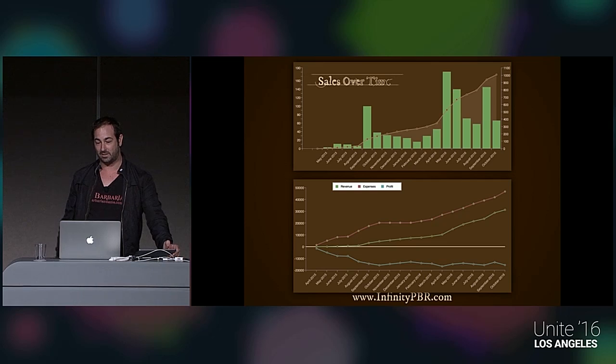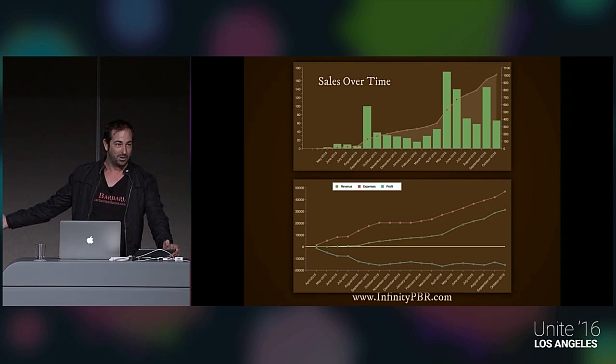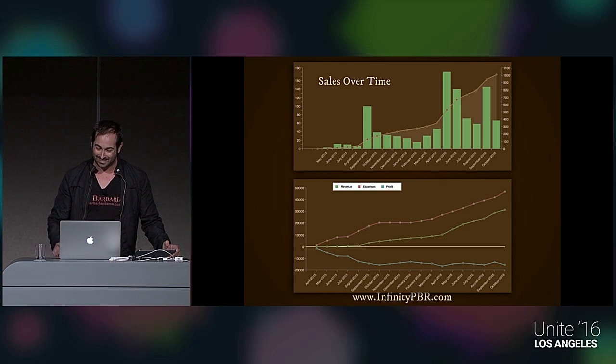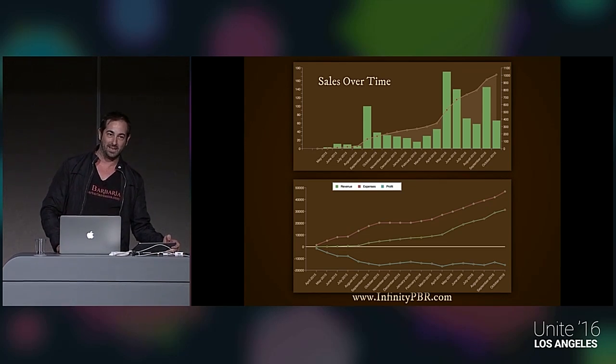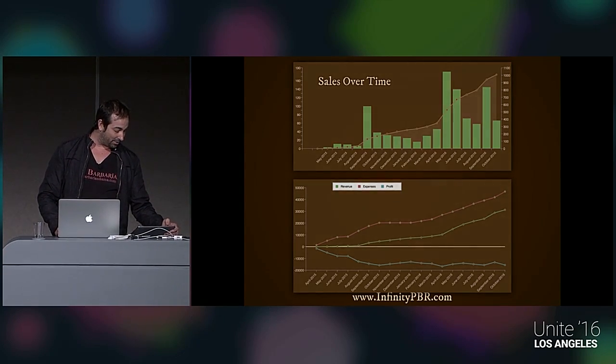That's a nice little line too. I like seeing that go up. And so I'm going to keep doing this even though I've lost money. I think maybe by next year I will have made money. Those 4 spikes there, those are all from Unity Asset Store sales. So I will definitely be talking about those in a minute.